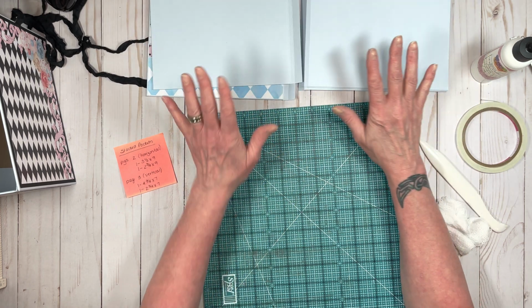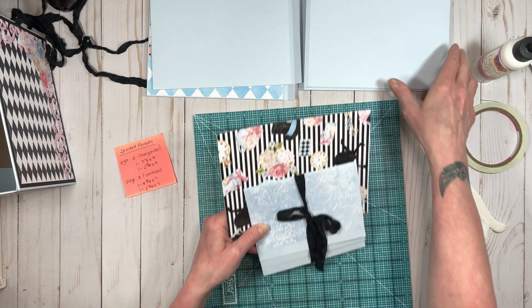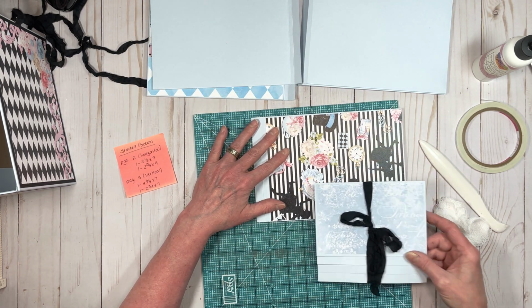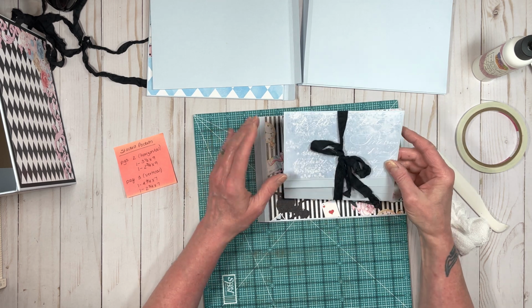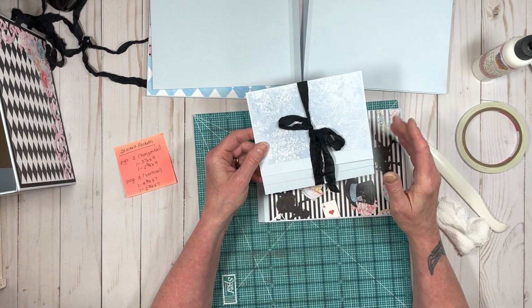So we'll flip it over. We're going to work on 3 and 4. Now, pages 3 and 4 are going to be a waterfall page. So let's do this one first, and I'll show you what it's going to look like. You can do either one because they're both the same. You'll put your pattern paper down first, and then you're going to put your mechanism right on top, and it'll be a nice waterfall with 4 pages, and again, built so that